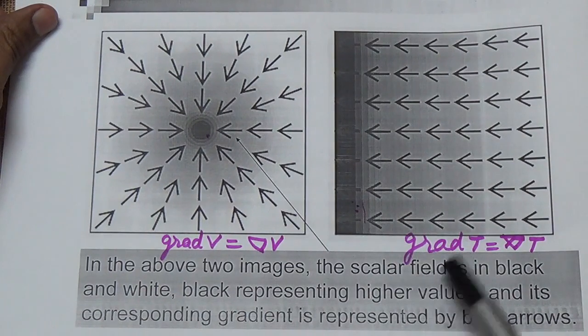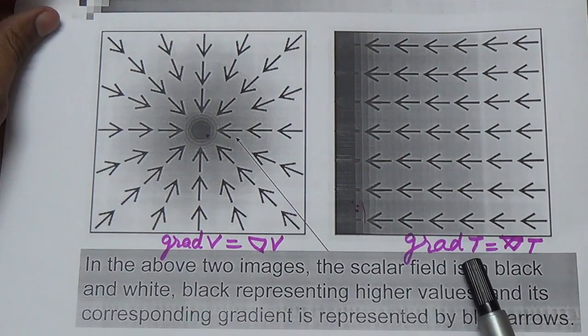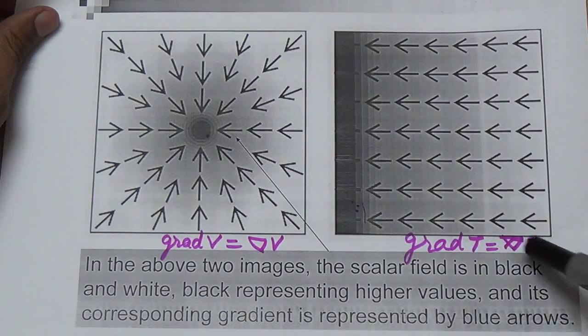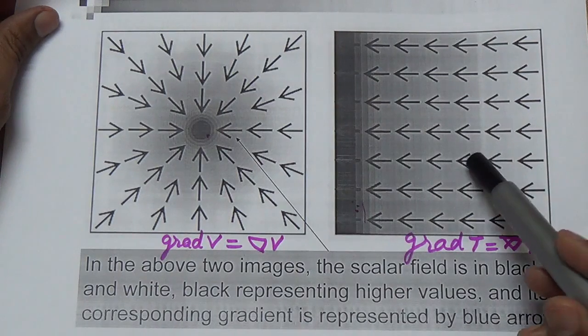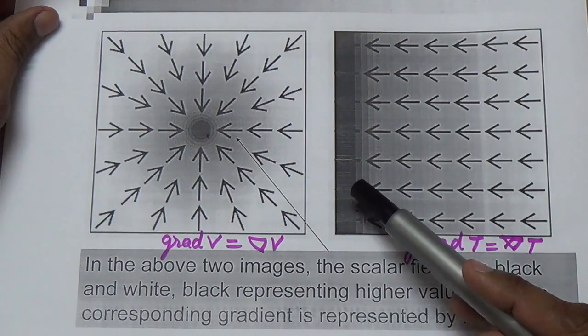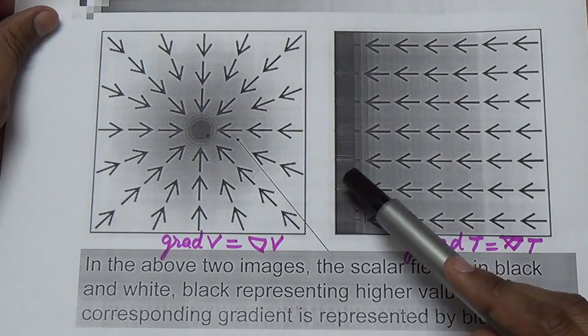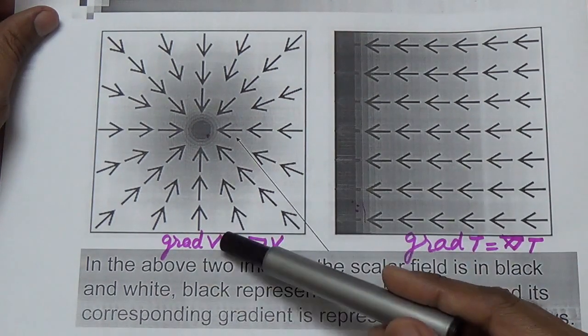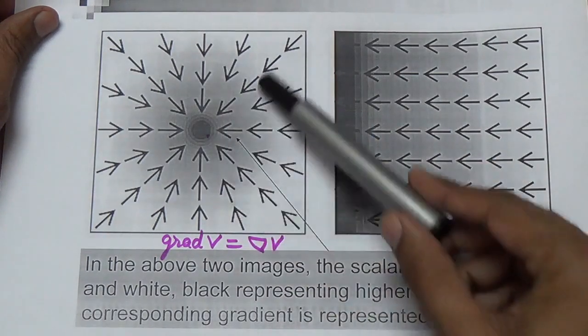the gradient operator. When this gradient operator operates on the temperature field, that is a scalar field, it gives a vector quantity. That quantity basically indicates the direction towards the maximum change, towards the higher point. And when I take the gradient of the potential, this is a field of potential and